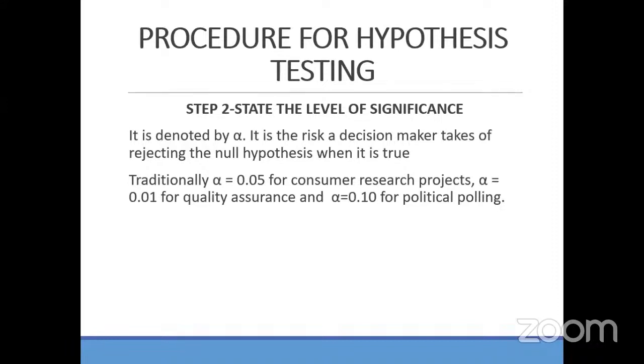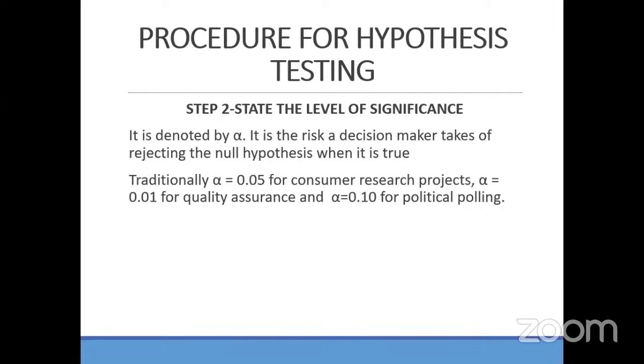The second step was to determine the error level, or say the confidence level of the data. So we denote the level of significance by alpha, and alpha is the risk, or say the tolerance level. It is the risk a decision maker can take of rejecting a null hypothesis when it is true. So the researcher has to determine what level of significance he or she has, right? So alpha denotes the